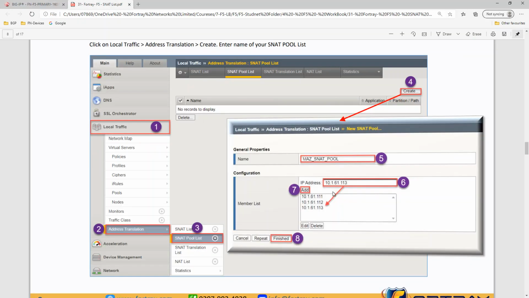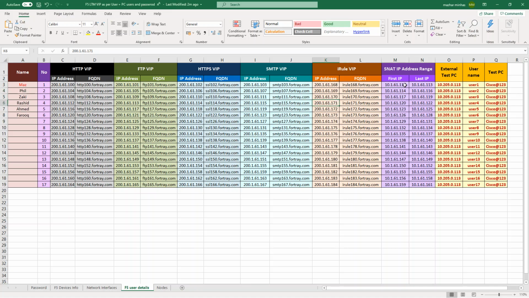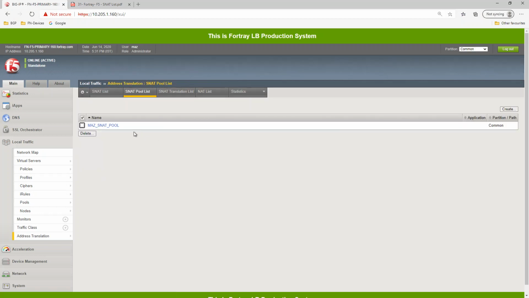IP address will be 10.1.61. Take it from here. Add, then 2 add, then 3 add. Okay, so that's the pool we have configured.